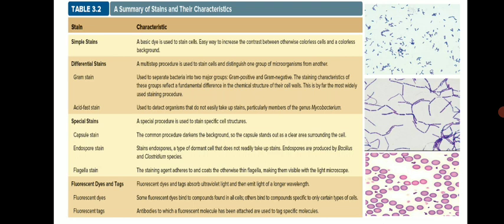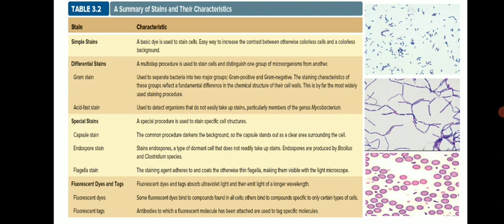The next important feature is staining. Staining and microscopy are interrelated. If we want to observe microbes or bacteria under a microscope, we should first stain them. Without staining we cannot observe microbes because they are transparent. So staining is important, and staining and microscopy are both interrelated. If stains are not there, we cannot visualize bacteria.